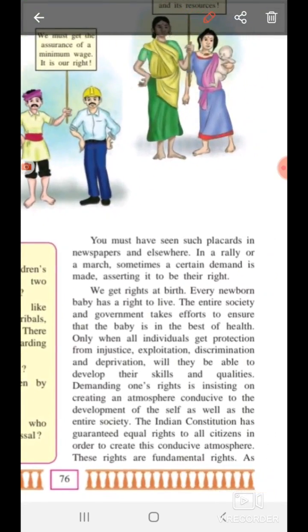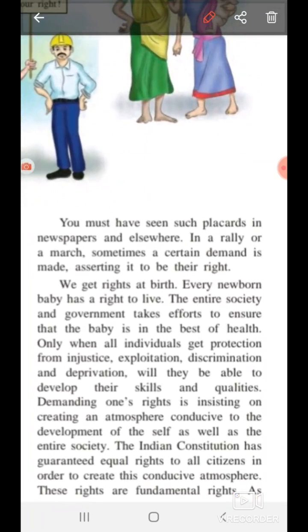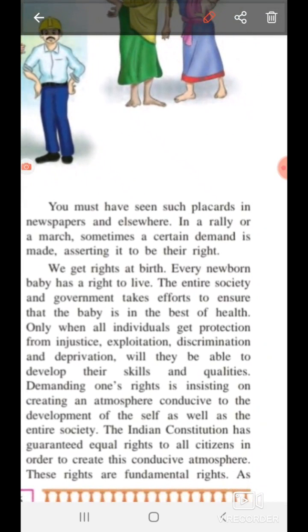Now, fundamental rights means what? Basic rights of an individual. We get certain rights at our birth itself. Even a newborn baby has the right to live. Therefore, nobody can kill him at a small age. Therefore, the government and the society make efforts to ensure that the baby is in the best